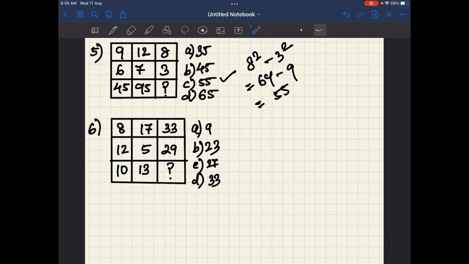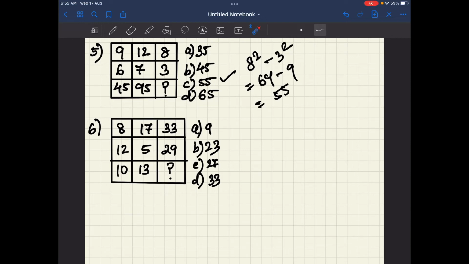So now we have to analyze what comes here. Now we have to see what comes in the question mark's place. So it is 8, 17, 33; 12, 5, 29; 10, 13 and this question mark. Till now we have seen that operations were going on between row 1 and row 2, and the result was in row 3. But here